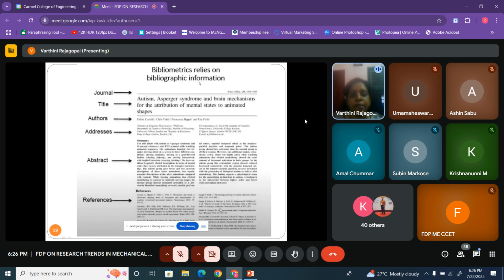So I was saying bibliographic information. Bibliographic information can be the journal in which the particular paper has been published, the title of the paper, the author, his address, that is the institution in which he is working or the country he is from, the abstract, references, and even the citations. So how many papers